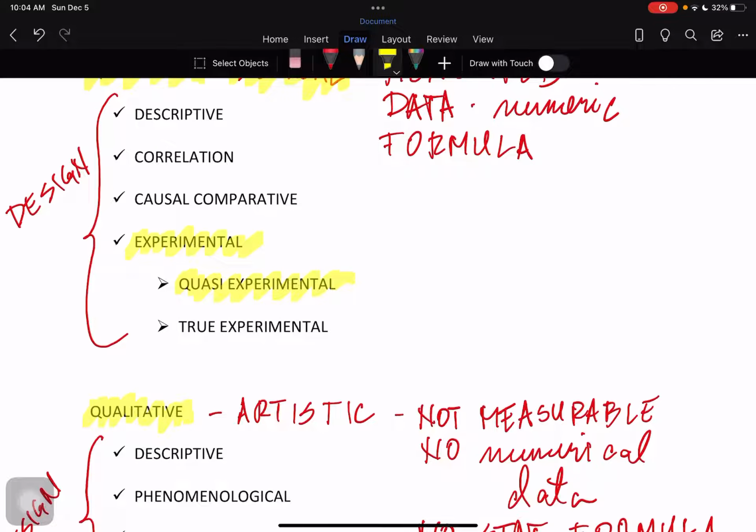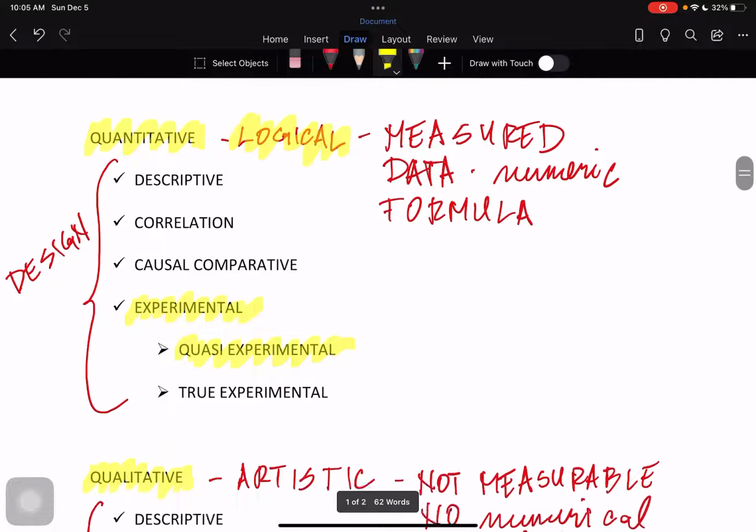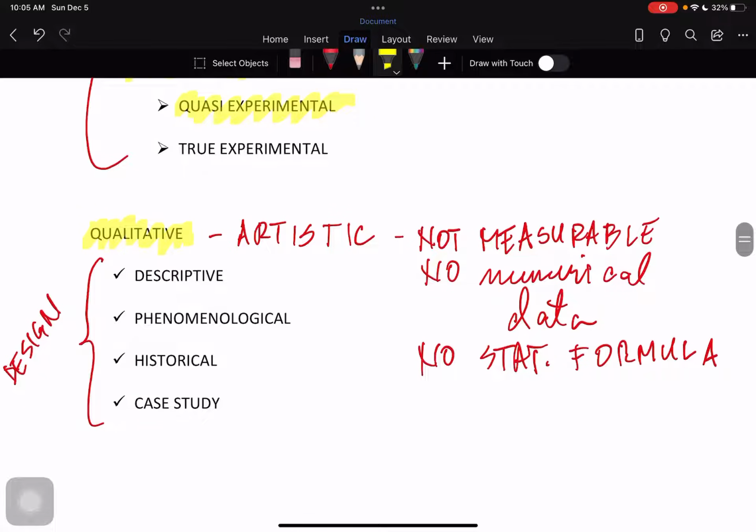When we talk about descriptive, this refers to narrating or writing this part of your research using narrative interpretations of data. From numeric data, you narrate them or interpret them narratively. This is called descriptive under quantitative. But when we talk about qualitative, which is where descriptive originally started or was originally assigned for, descriptive is when